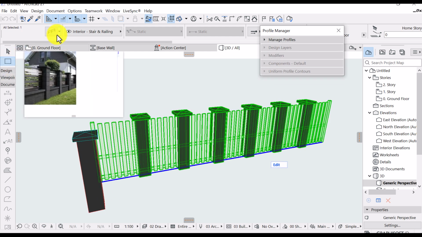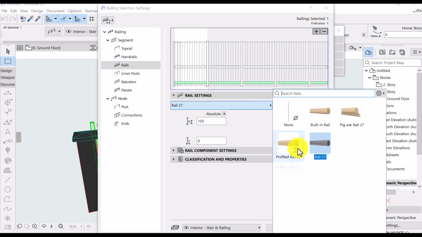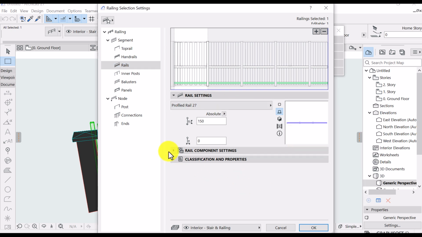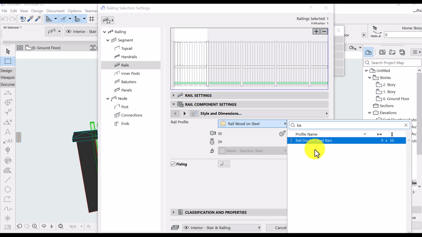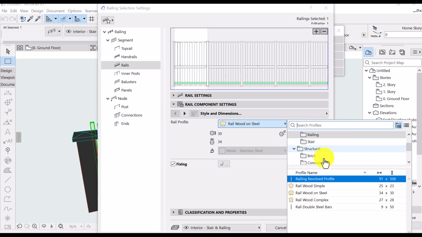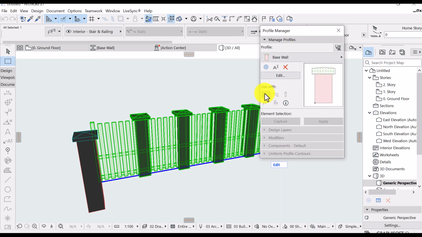Okay, so let's go to the settings of this railing. We already highlighted this rail. Let's change it to a profile rail. Then we need to go down here under component settings, then change or set the newly created profile. I said what? It was a base wall, right? Yes. Whoa, the mistake that I did is that it's not available here, you see, from the list, because when I saved it from the profile manager, it was only used for walls. So I need to make it